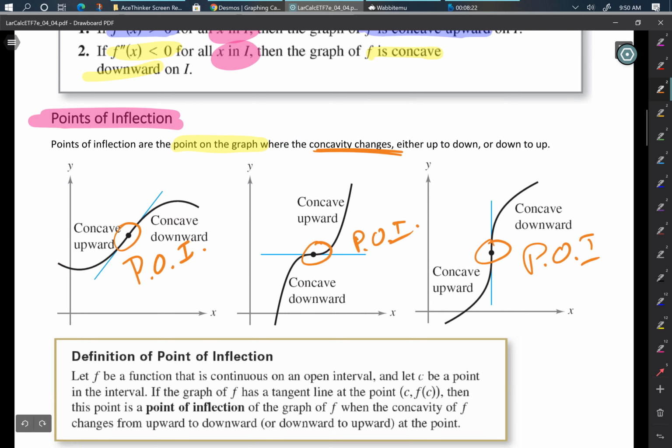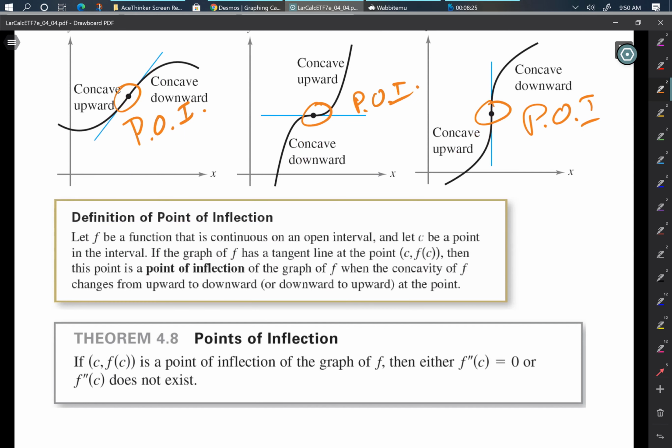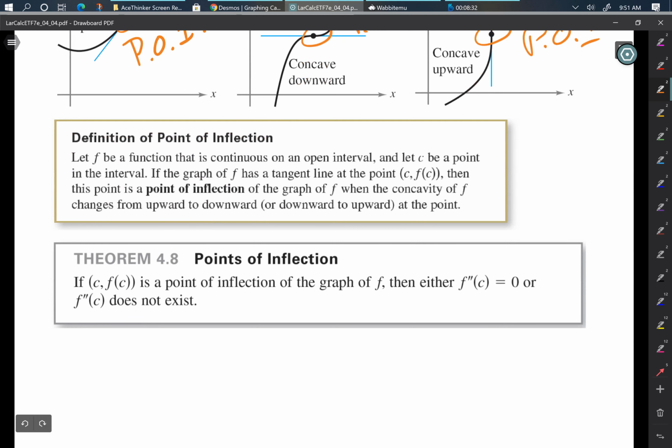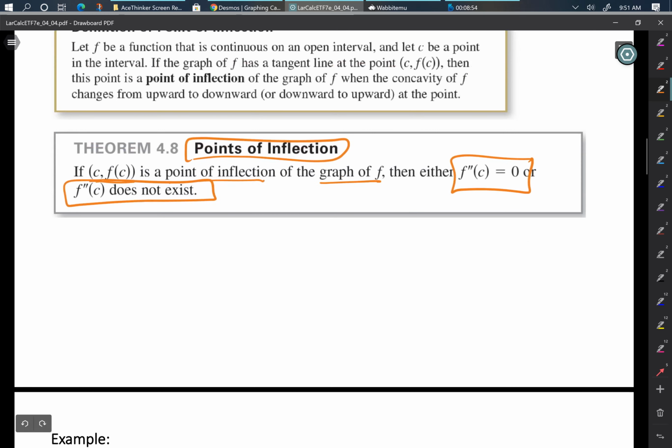So now that we know what a point of inflection is, what concavity is, how do I find it? All right, so a point of inflection is a point C comma f of C on a graph of f. And if that is a point of inflection, then either the second derivative is equal to 0 or the second derivative does not exist at that value C. So wait a second. This is an if-then. So what we're going to do to find these points of inflection is